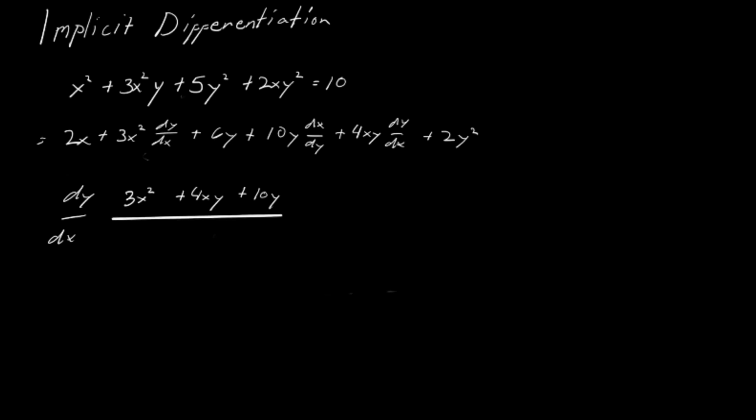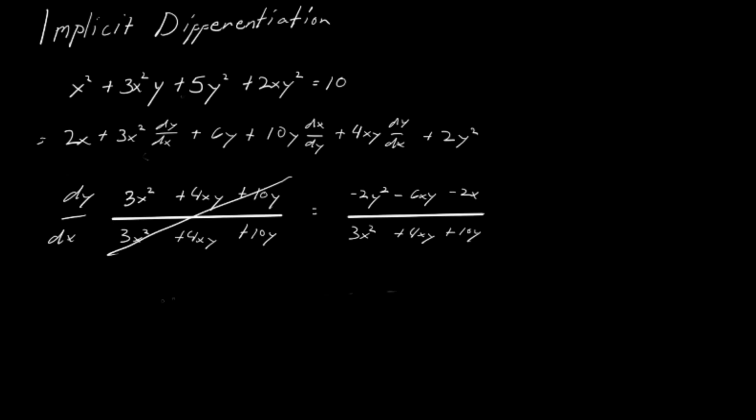So, dy over dx times (3x squared plus 4xy plus 10y) all over 3x squared plus 4xy plus 10y is equal to negative 2y squared minus 6xy minus 2x all over 3x squared plus 4xy plus 10y. We cancel 3x squared plus 4xy plus 10y all over 3x squared plus 4xy plus 10y, which will give us the answer of dy over dx is equal to negative 2y squared minus 6xy minus 2x all over 3x squared